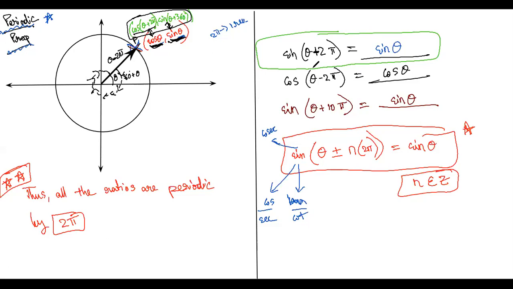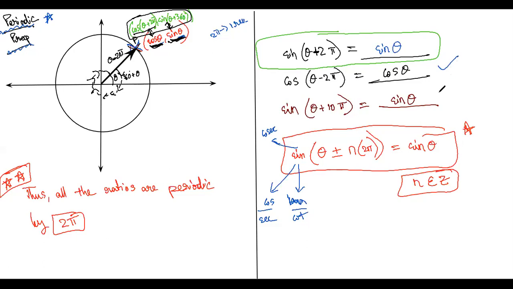The cos, sine, tan, doesn't matter. Everywhere it will work. Cos of theta minus 2 pi, again you come back to the same point, so that will again be cos theta because the x coordinate is not changing. Did you guys get it? Yes, sir. So this is the second point.